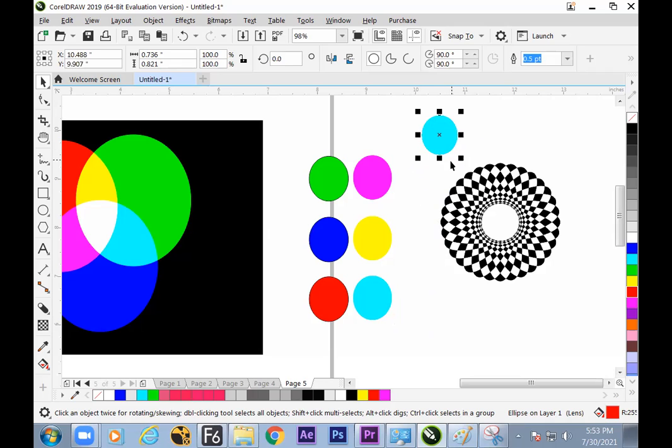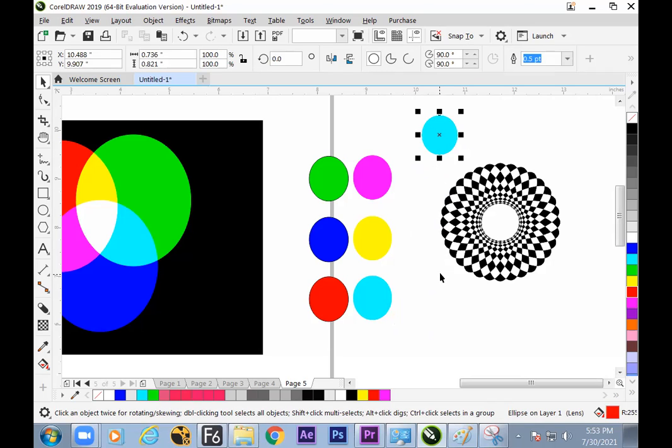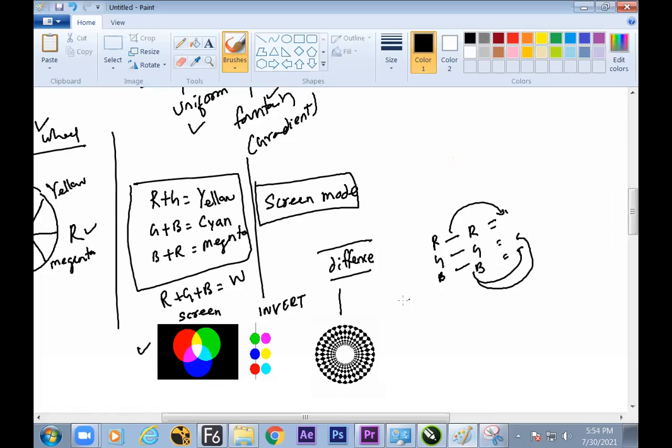Hope we have understood now. The complement color comes immediately. If cyan is there, then red will form. Now the next conclusion on your screen: difference mode creates complement color. Hope it is done. It's okay.